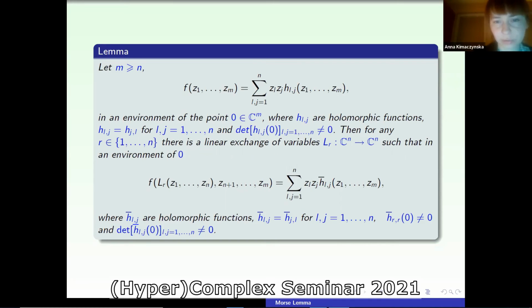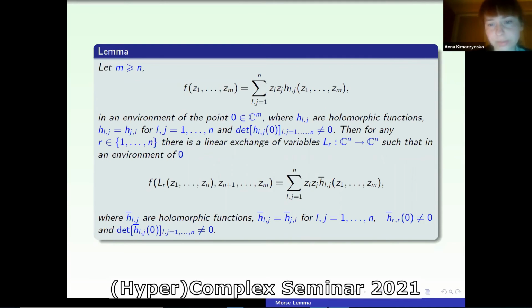The determinant of h_lj of 0 is not equal 0. Then for any r from 1 to n, there is a linear change of variables L_r from C^n to C^n, such that in an environment of 0, f of L_r of z, z_(n+1) to z_m is equal